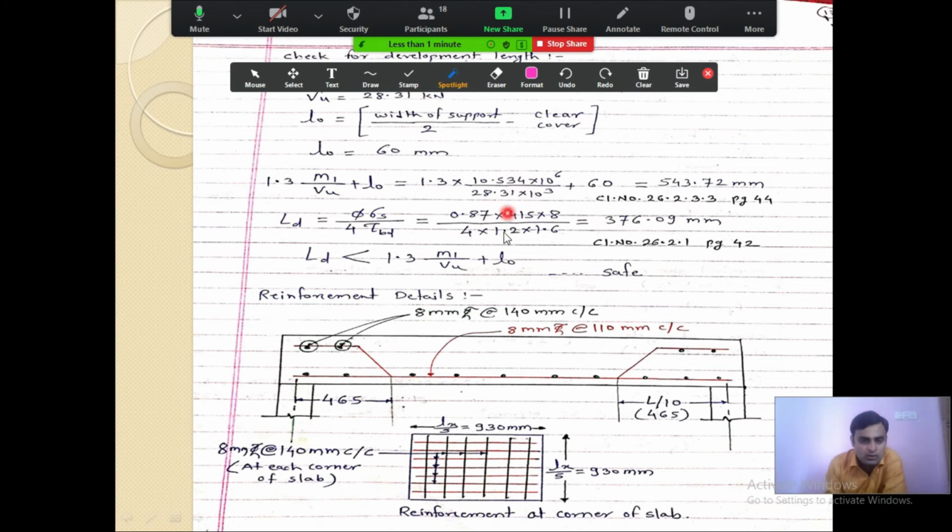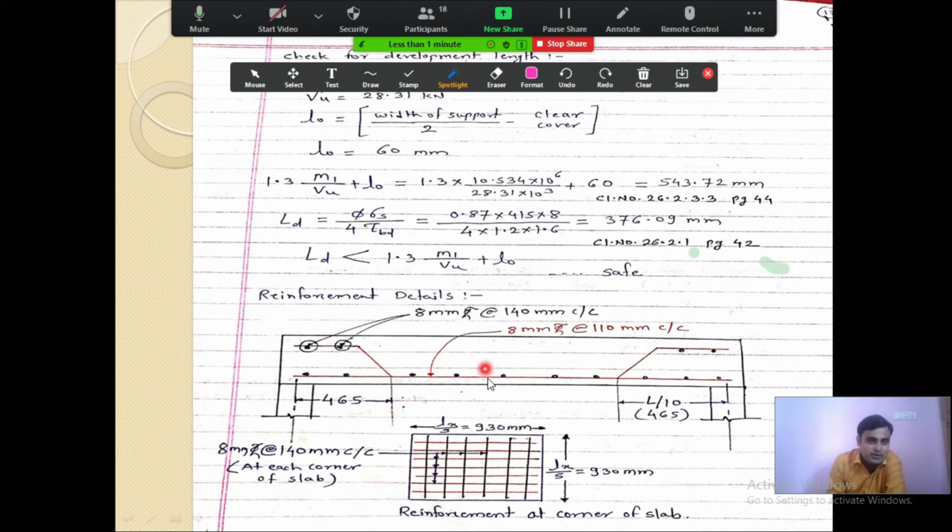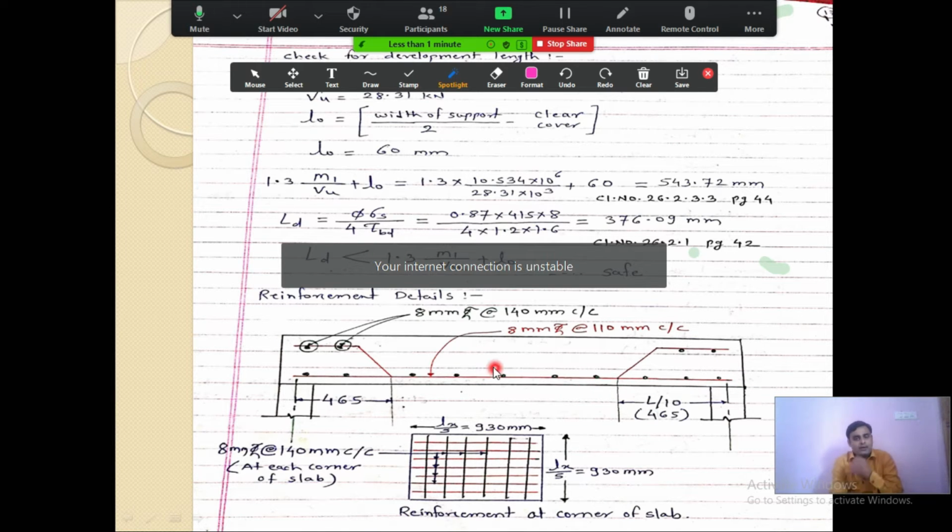If you solve the whole problem correctly and you do not draw this reinforcement diagram, then your marks are going to be reduced. You will lose 2 to 3 marks here. If the problem is out of 10 marks, then you will get only 7 marks even after you have written everything correct, if you don't draw the diagram. And the diagram should be drawn like how I have shown over here.